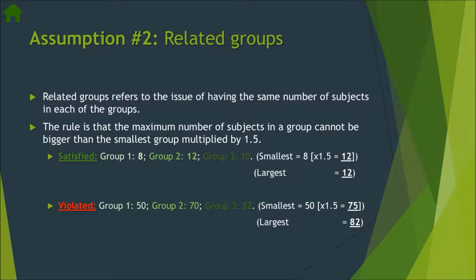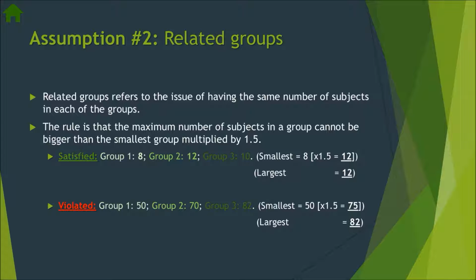This is especially important to satisfy another assumption associated with this test, known as the equality of covariance matrices, which I'll discuss later on. Now, the golden rule with regard to group size variation is that the range should be within 1.5 multiplied by the smallest group size. And as you can see, in the example that we have been using, this golden rule has been satisfied because